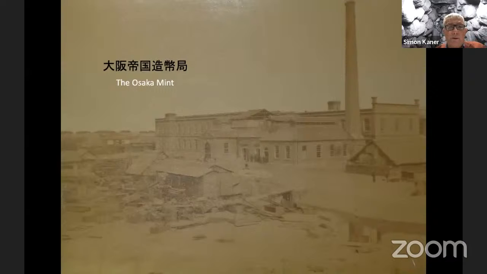As I mentioned, Gowland worked in Osaka, and he got a job at the Osaka Mint, or the Zohei Kyoku, the Imperial Mint. And this was 1872. Japan had really opened its doors, or had its doors opened by the Western powers in 1853, when Commodore Perry arrived in his famous black ships from the States across the Pacific, and under threat of bombardment insisted that 5 ports in Japan be opened to foreign traders.